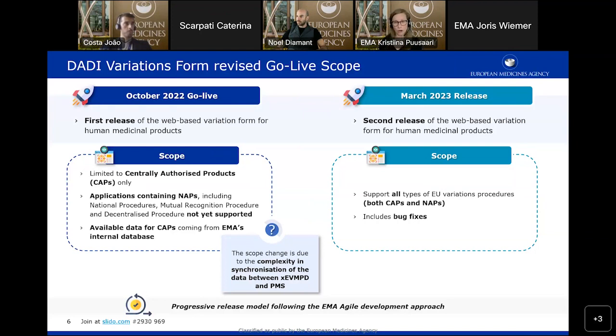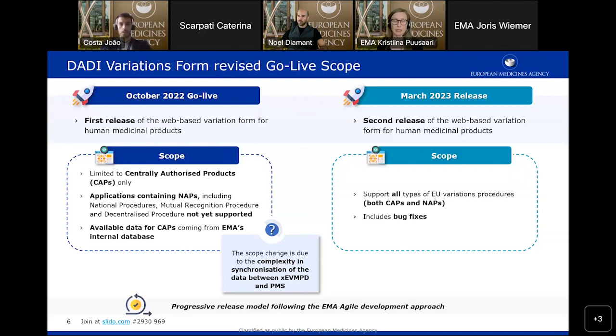And you may wonder, why did we change the scope? The scope change was really due to the complexity of the synchronization of the data between the ex-EVMPD and PMS. We already knew it was going to be very, very complex, but there were further complexities that could not be foreseen by that project team.